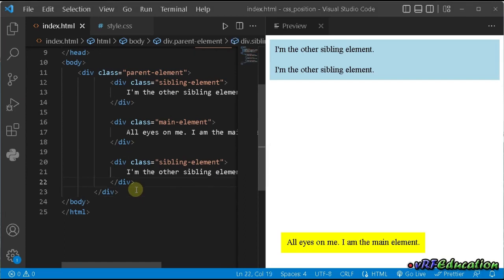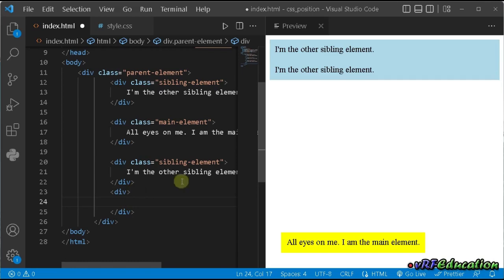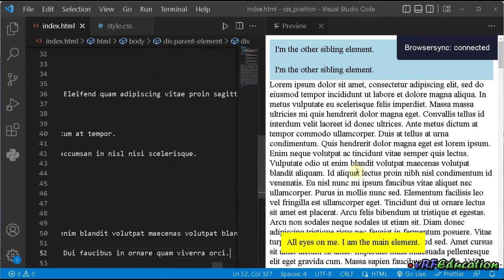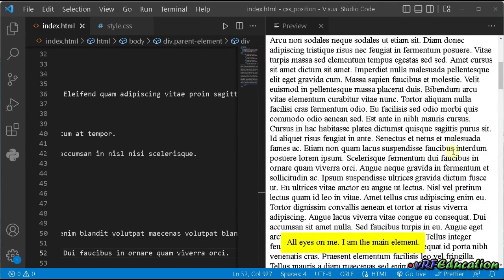Let's create another development here, and I want to grab some lorem ipsum text here. Now you can see I have a lot of text here, and the scroll bar appears, but even if I